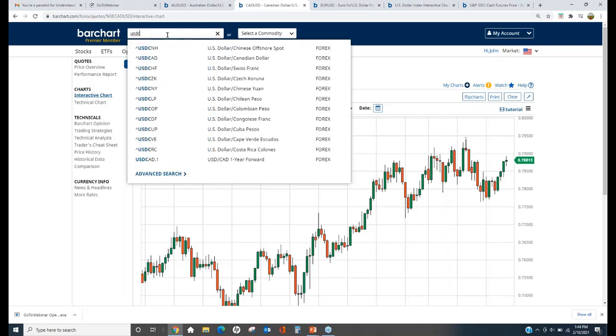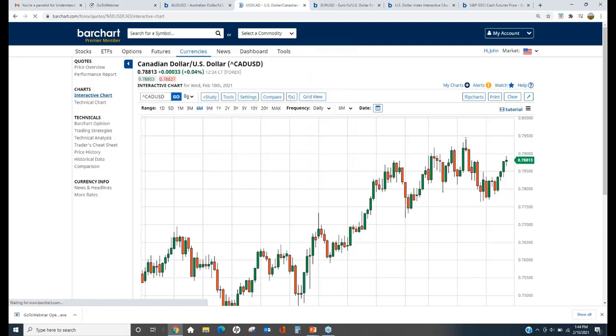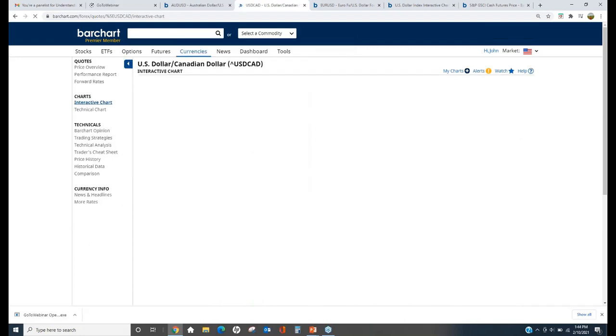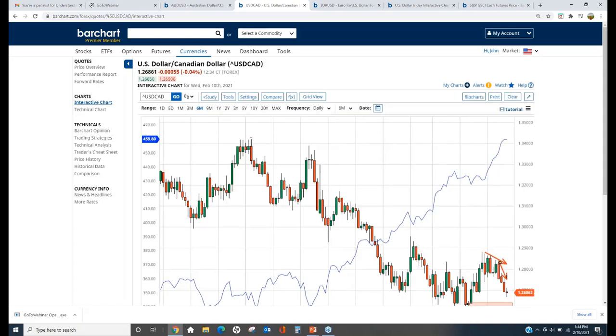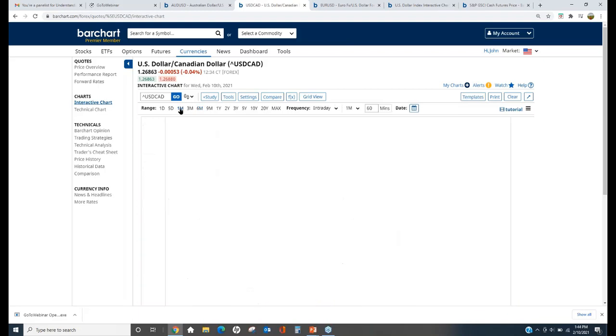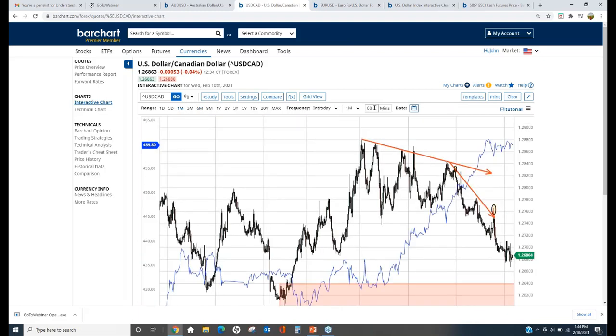Let's do it that way. There we go. Okay. So what would we anticipate? Now we're going to anticipate that we're going to see price actions that are going to occur during that 8 to 11 time frame. If I go to my hourly chart, my 1 month hourly chart,